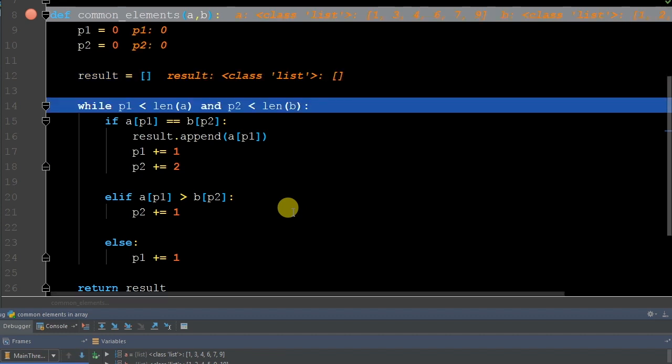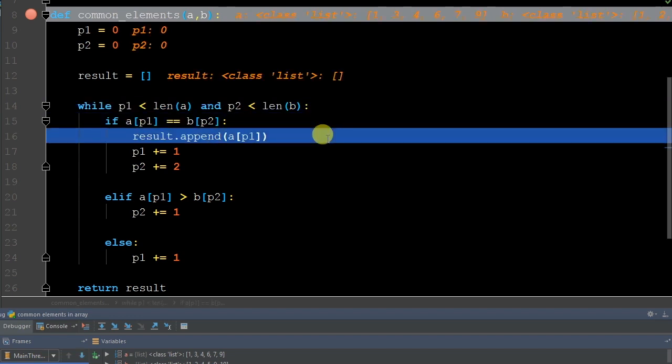Now we're going to do our first check. P1 is less than the length of A. Well, the length of A is, what was it, 6? 1, 2, 3, 4, 5, 6. Right now P1 and P2 are both 0, so it's definitely less than length A. And P2 is also less than length B, so it's going to run through that while loop. And it says if A[P1] equals B[P2],